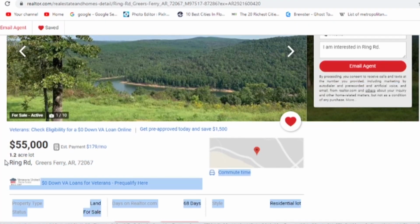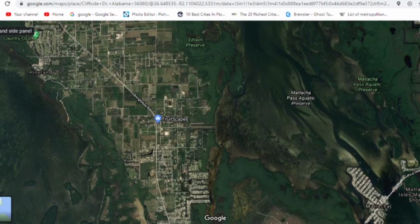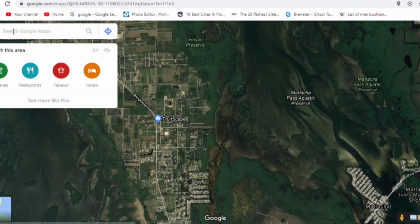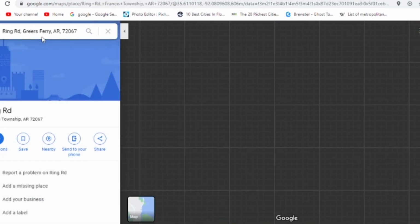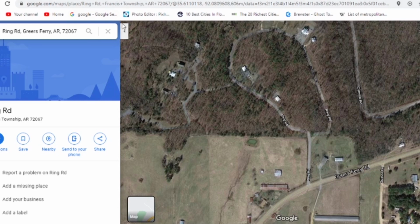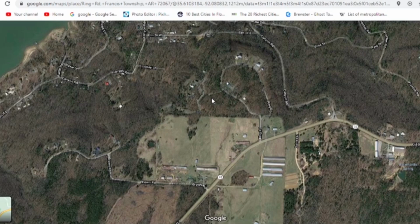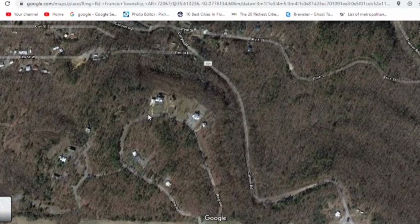Now, for $55,000 with a view like this. Now, again, I don't know anything about Arkansas. I don't know about their building codes. I don't know about their regulations. I don't know about the people. I don't know anything about Arkansas, other than I saw a music video called We're From Arkansas. And, well, that's probably not the one you want to watch. Anyways,